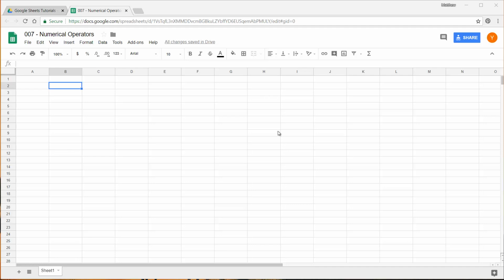Hello everybody and welcome to this episode where I'm going to start going through formulas. We're going to be covering formulas over the next few episodes and we're going to start off with the basics, which is numerical operators. Numerical operators are plus, minus, divide, multiply, and we can use them very easily in our formulas to quickly add